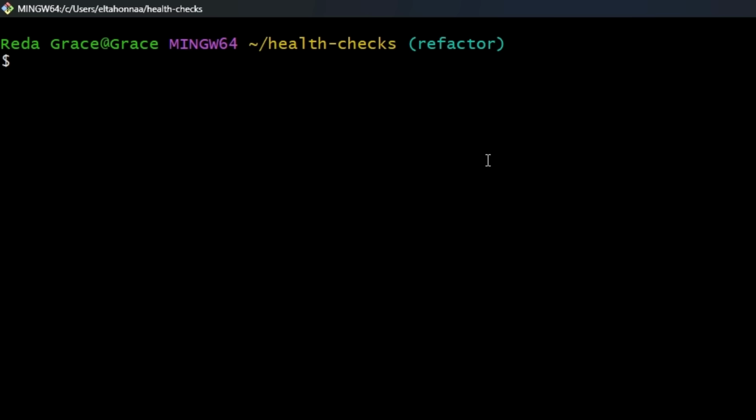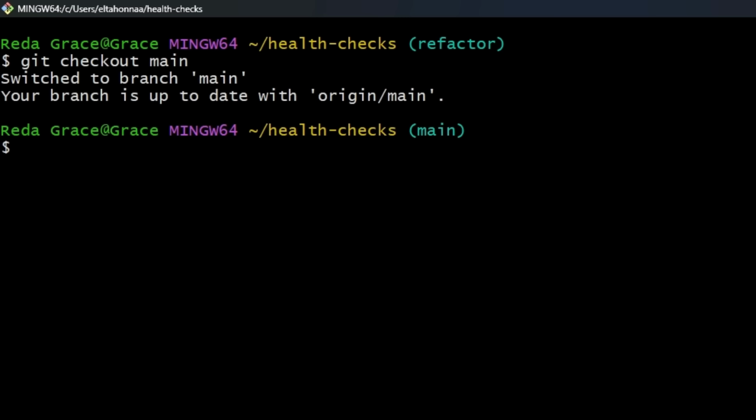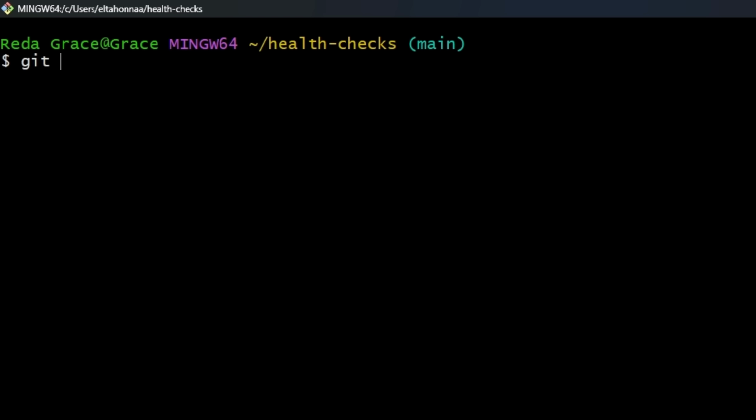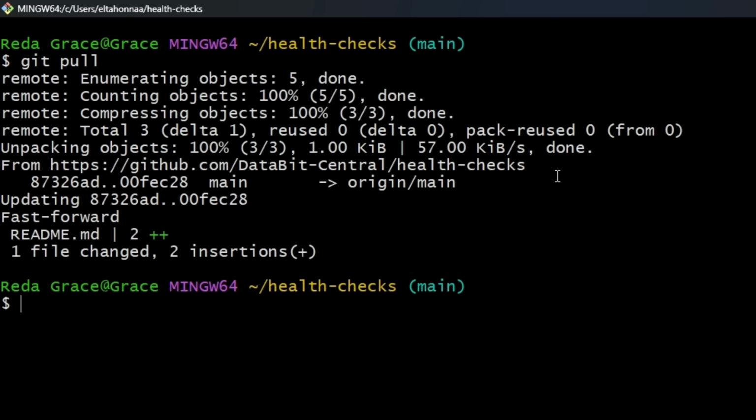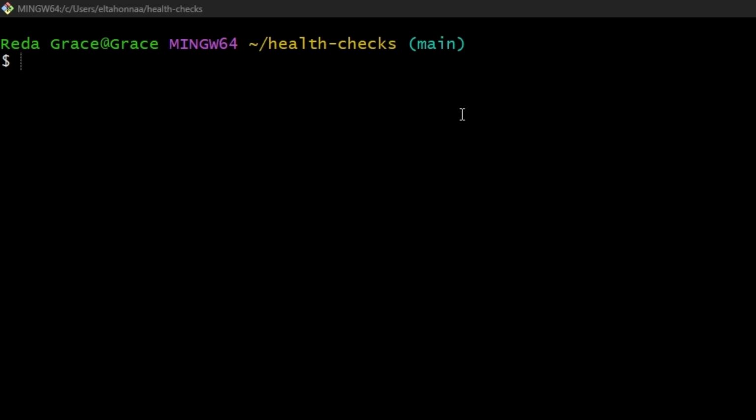First, we'll check out the main branch and pull the latest changes in the remote repo. Git tells us that it's updated the main branch with some changes that our colleague had made. At this point, the changes that we have in the refactor branch can no longer be merged through fast forwarding into the main branch. That's because there's now an extra commit in the main that's not present in the refactor. Let's see how this looks by asking the log command to show us the current graph of all branches.